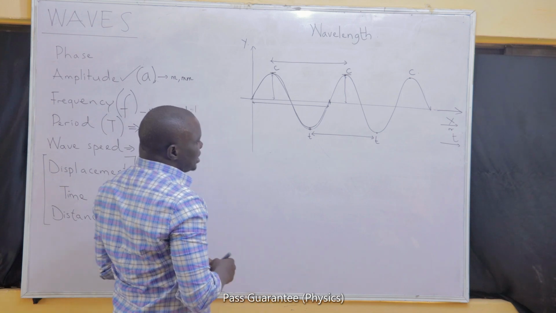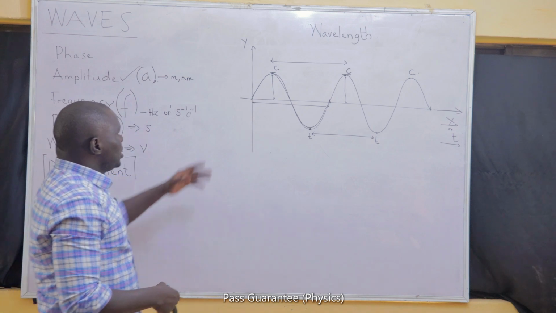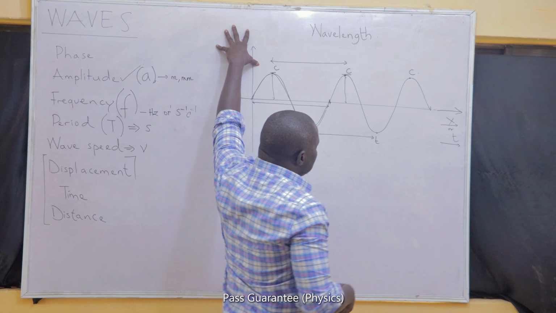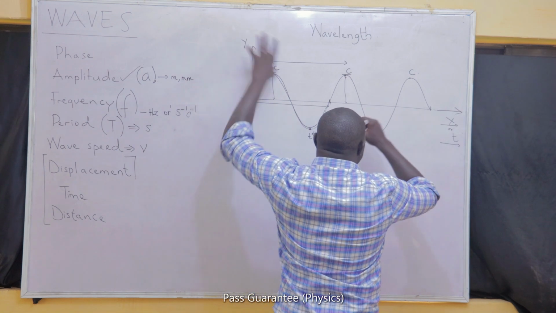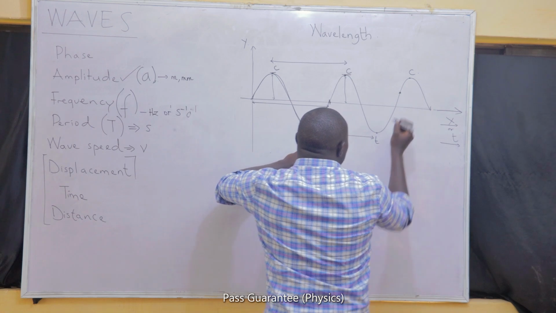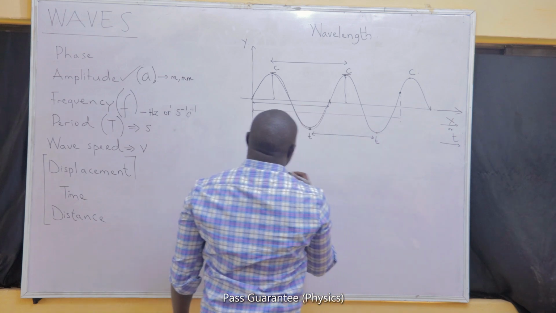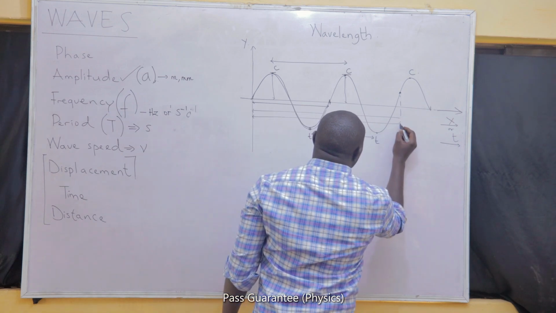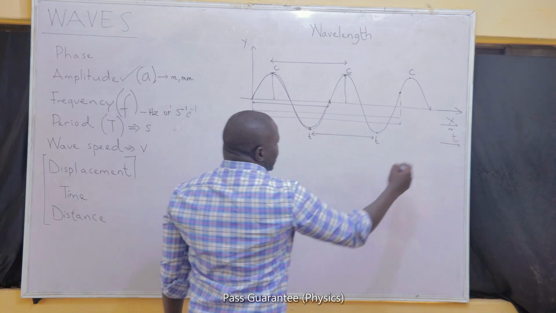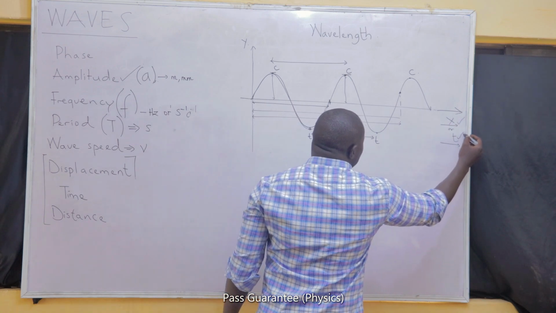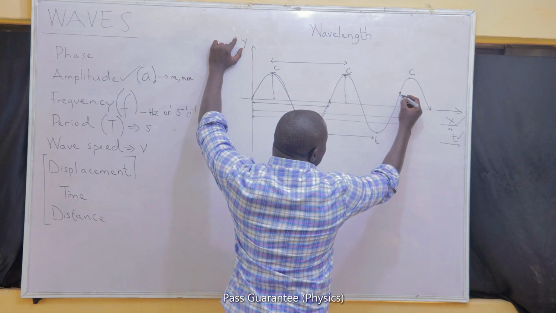There is a formula that is regarded as the general wave equation that can be used to connect the displacement and the distance. If I need the displacement of a point, and I have been given the distance traveled by the wave to get to that point, and the time that it took the wave to get to that point, of course the two of them will have to be determined on two different axes. If you give me the distance and the time, I can slot them into that equation to get the displacement of this point.